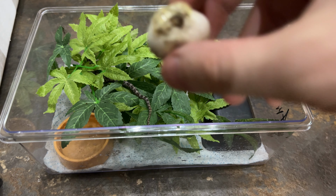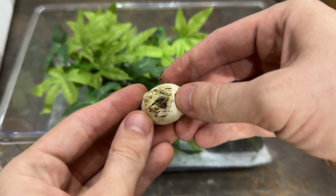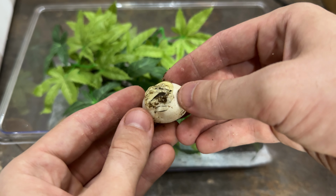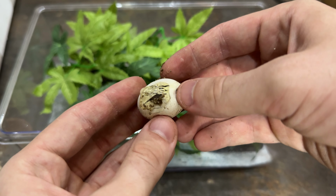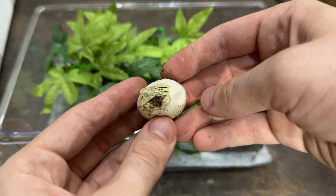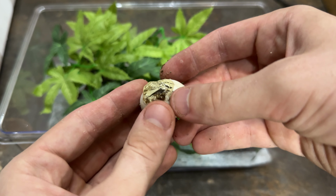So, in here, there is a tiny little baby corn snake. So all these slits are basically cut with that egg tooth that I mentioned. And inside here is a little tiny corn baby. There's the yolk. Yuck. So this one is going to be...